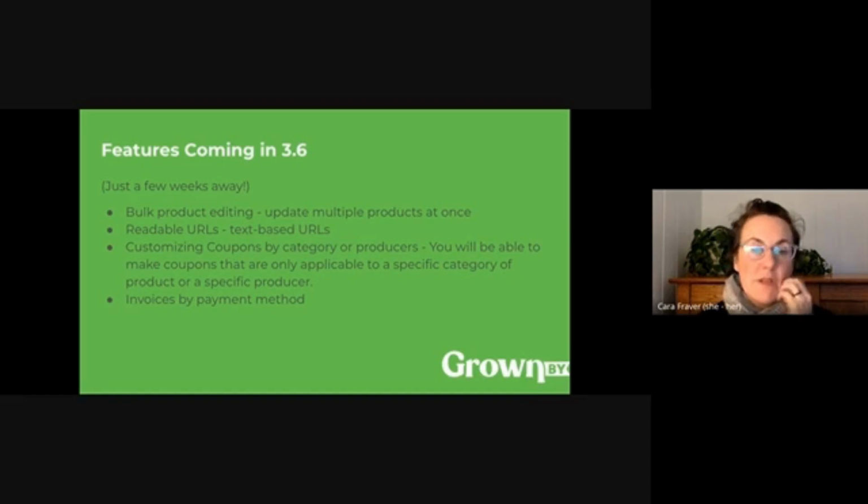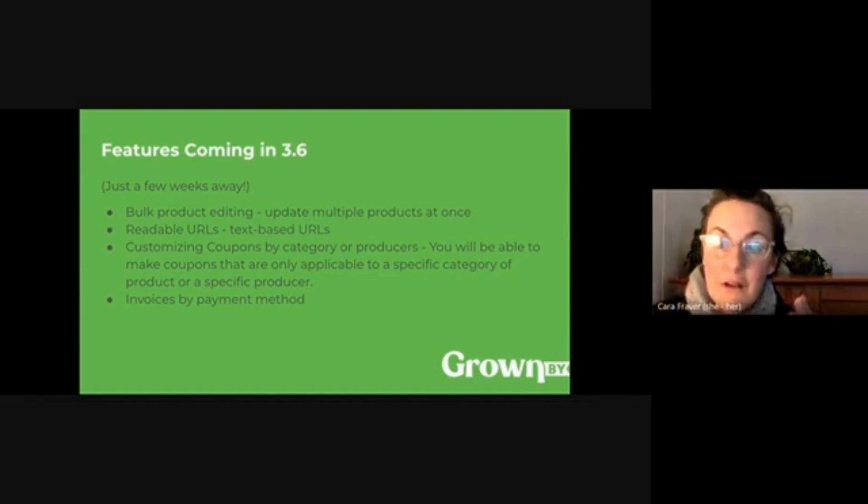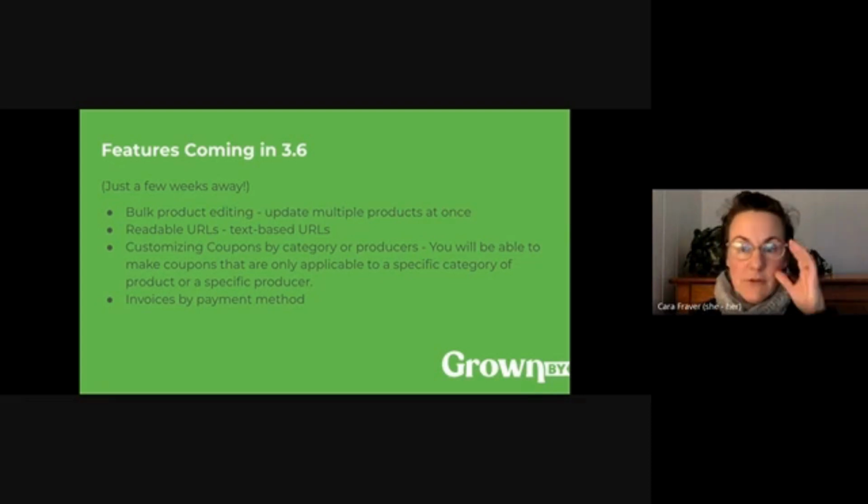There's also the possibility of customizing coupons by category or producer, which is really helpful, right? Lots of farms on GrownBy offer products from someone else, so you might want to run a sale on your products, but not for the other products that you're buying in. So that's important from a producer standpoint. Also by category, it means that in states where